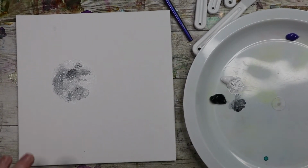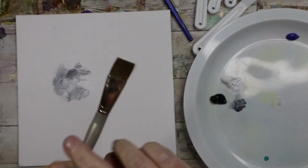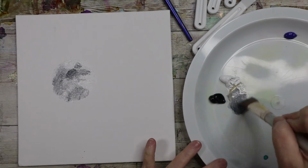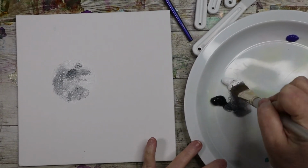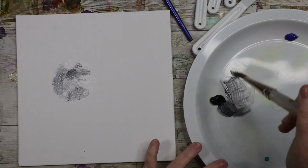And where are my flat? Oh, here we go. Like, where are my brushes? Here we go. Here's a brush I can use. Alright. Water. I'm going to do a